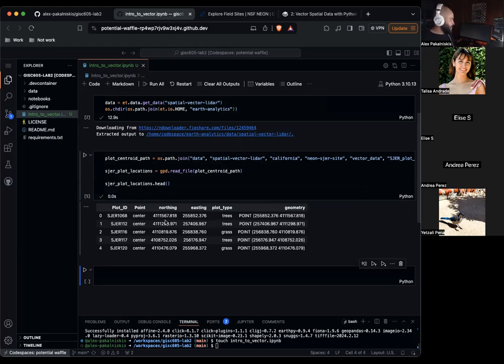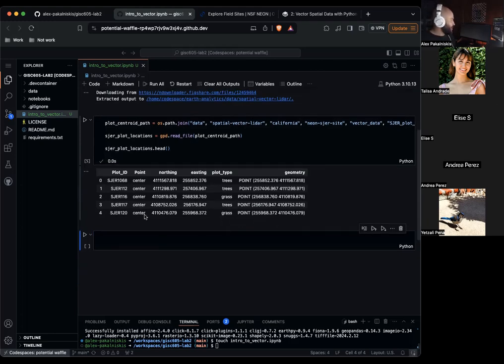We read in some point data. We can see the plot ID, some location information outside of the actual geometry column, and then the type of land cover there. So this data set actually has a good amount of information.